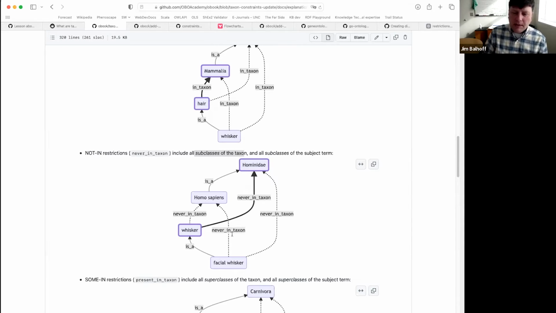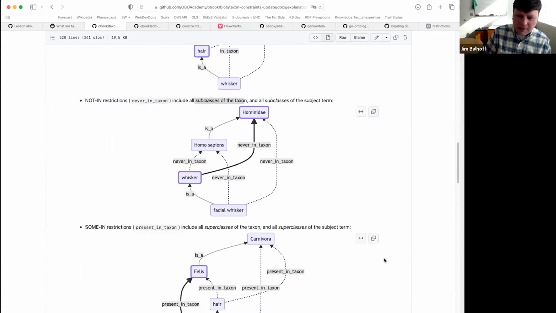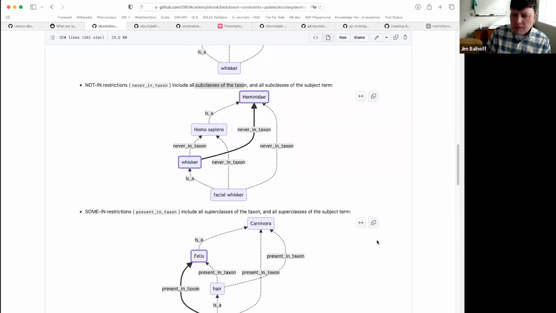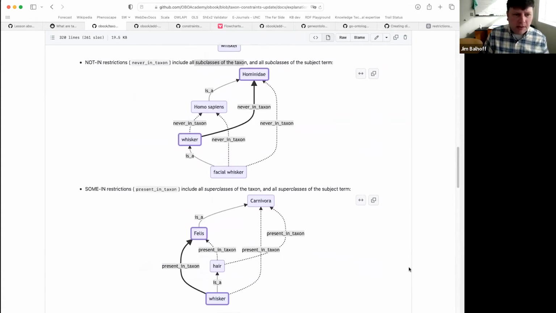So that's how the nevers propagate, sort of the opposite direction in the taxonomy from the previous example. And the present-in-taxon are slightly different. It's superclasses of both. So if we say whiskers are present in cats, and that's our assertion, that applies to all the superclasses of whiskers. So definitely hair is present in cats, and it also applies to all the superclasses of the taxon. Whiskers are also definitely present in carnivores, and hair is present in carnivores. And so hopefully these are a helpful way to informally keep in mind how these things propagate